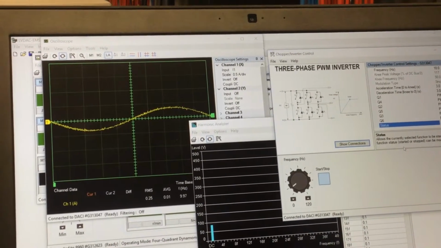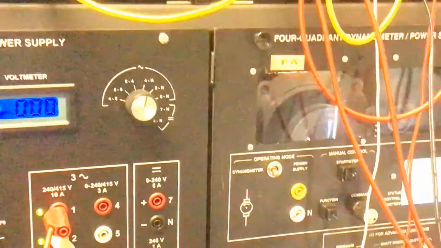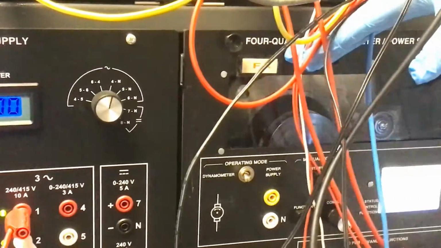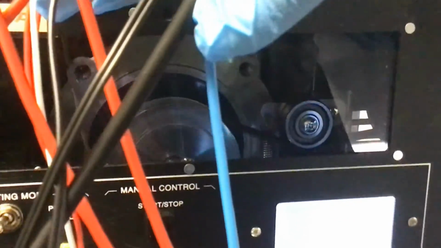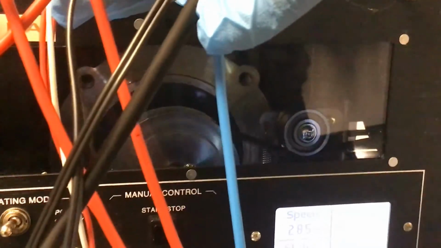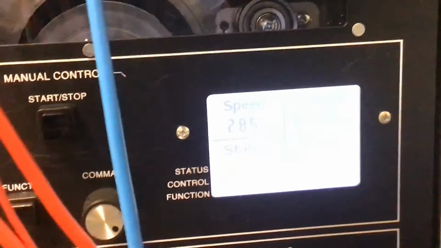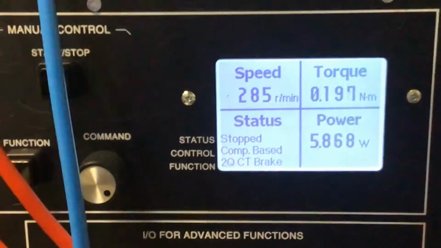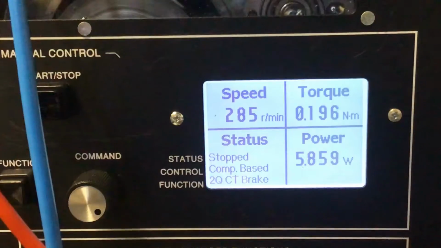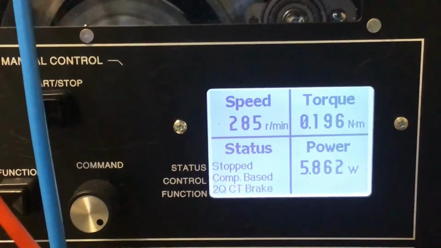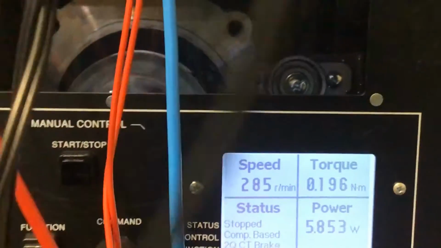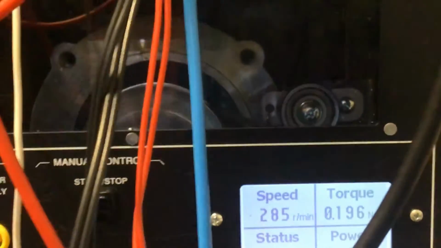If you move to the speed here, if you see this area, you can see the speed is below the nominal speed. Nominal speed for 50 hertz is about 1,500, but here, because now we set the frequency to 10 hertz, of course the speed is below the nominal speed. So now, if you move back here,